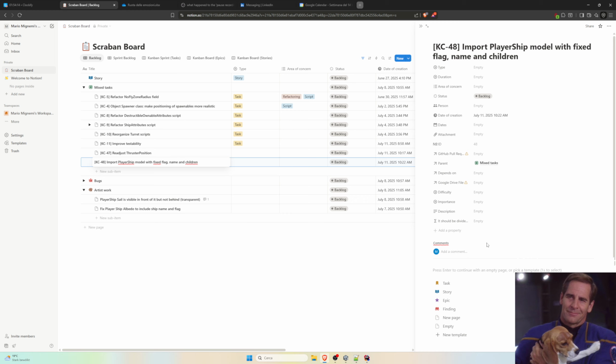I mean, the new player ship model should have the appropriate flag and name in the albedo, and the children should be